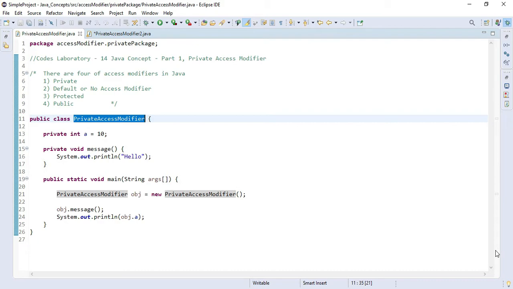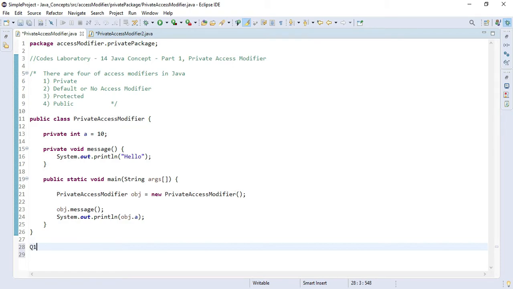Now that we have understood the private access modifier, we'll discuss some questions. The first question is, can we create a private class in Java? Let's simply check it.